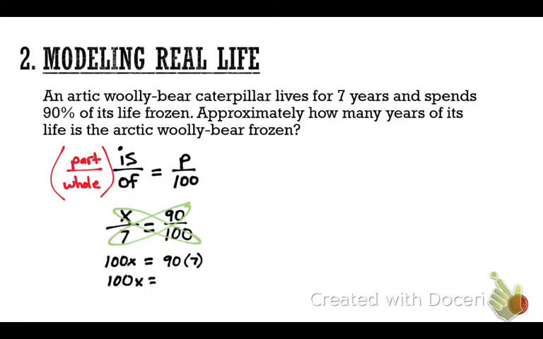Class, what is 90 times 7? 630. Now the whole goal is to get x by itself. Jacoby, how do I get x by itself? You divide. By? You divide the 100 by 100x. Very good. You divide the 630 by 100. All right, excellent. Now this is going to give us the answer of approximately how many years it